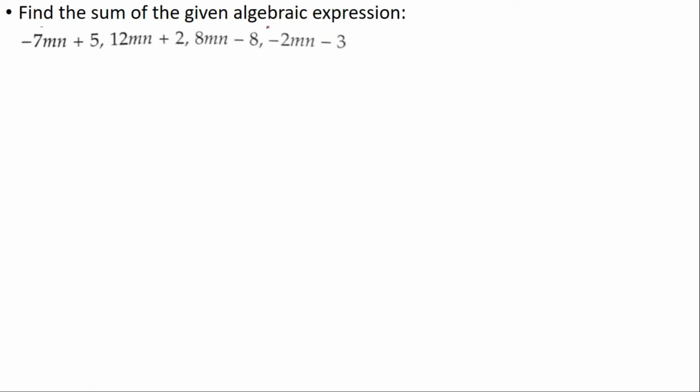Find the sum of the given algebraic expression. So there are 4 expressions, 1, 2, 3 and 4. We have to find the sum of all. So how will we write? Minus 7mn plus 5